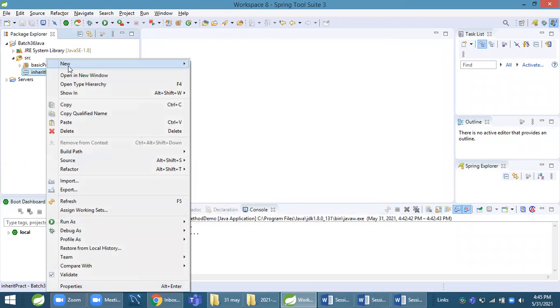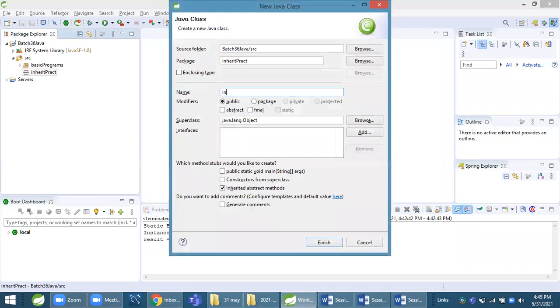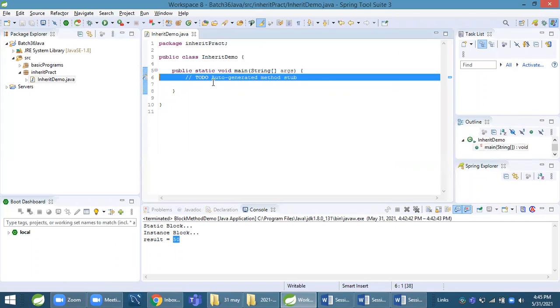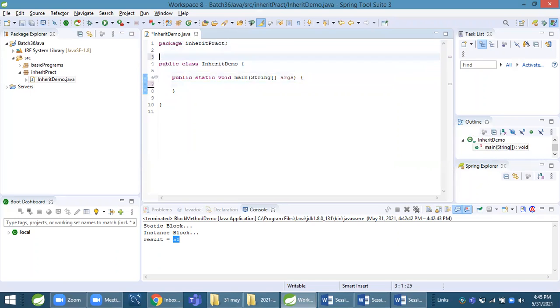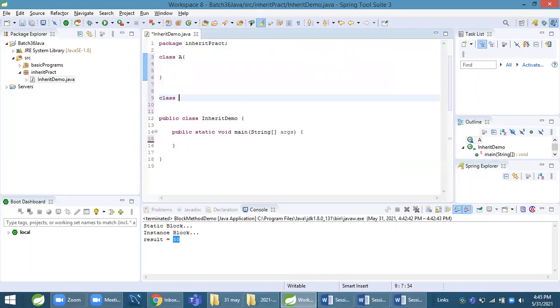Right click on this package, new class, inherit, mark this checkbox, click finish. Here I will take one class called A. I will take another class called B.